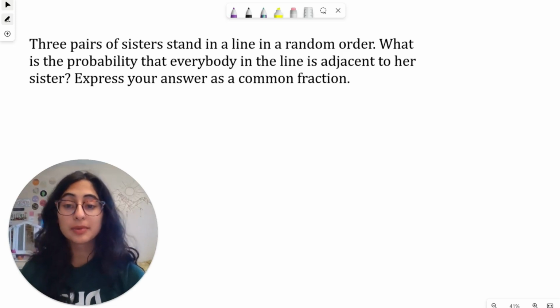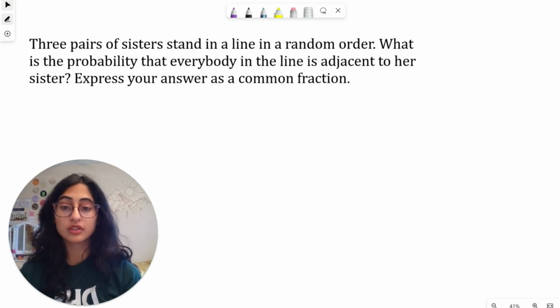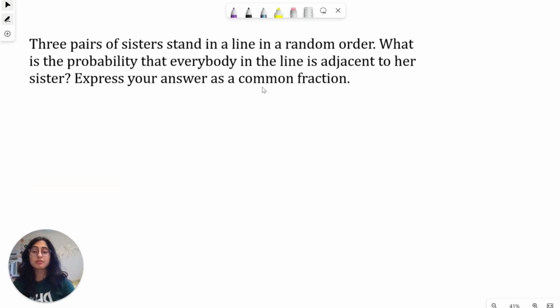Okay, so this question says, 3 pairs of sisters stand in a line in a random order. What is the probability that everybody in the line is adjacent to her sister? And we need to express our answer as a common fraction. So if we're looking for the probability that everybody in the line is adjacent to her sister, well, this can be